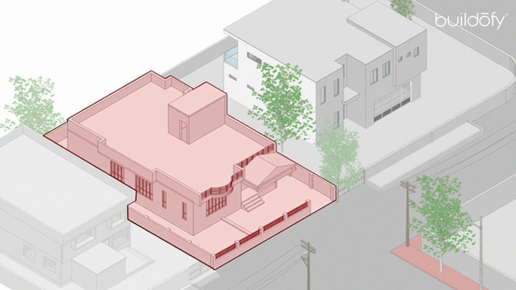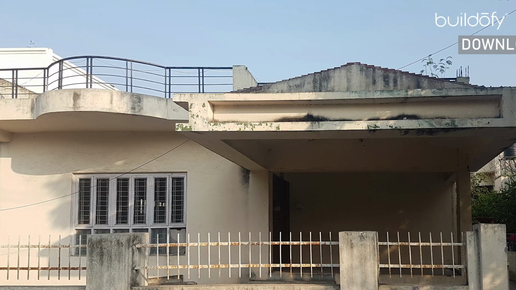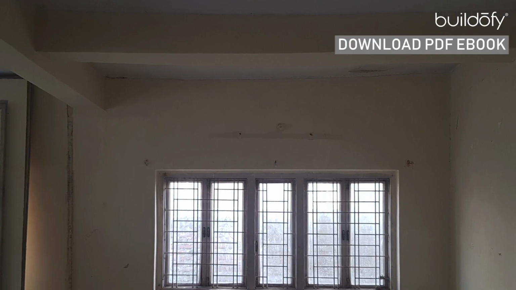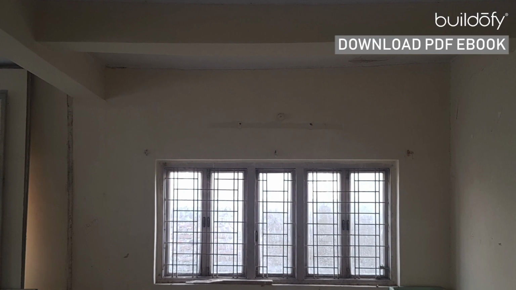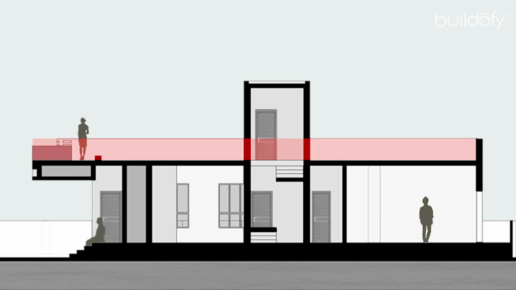The original house was built about 12 years ago in the city of Aurangabad for a family of 3. The house was just a simple ground structure with a sloping canopy design. It had a very introvert character and it had no relation to the outside, which made for a very dull environment. The terrace, with its huge potential, was also completely disconnected from the rest of the house with barely any